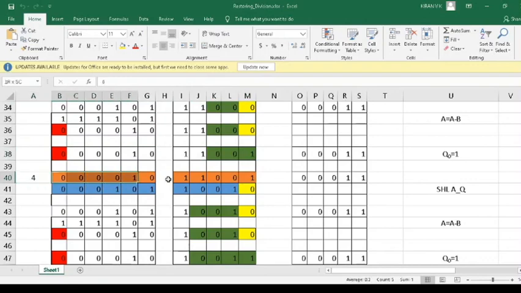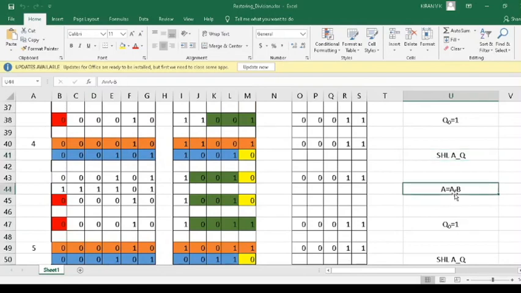You can see that in the fourth iteration, as usual, shift left by 1 bit, right? You have a tentative bit for the quotient here, set it as 0. Now the next step after shift left AQ is subtract B from A, right? So the bits of the A field are written as such. Now you are writing down the 2's complement representation of B. You are adding them to get the result of A equal to A minus B. Again, observe the sign of the result, it is positive. So what should you do?